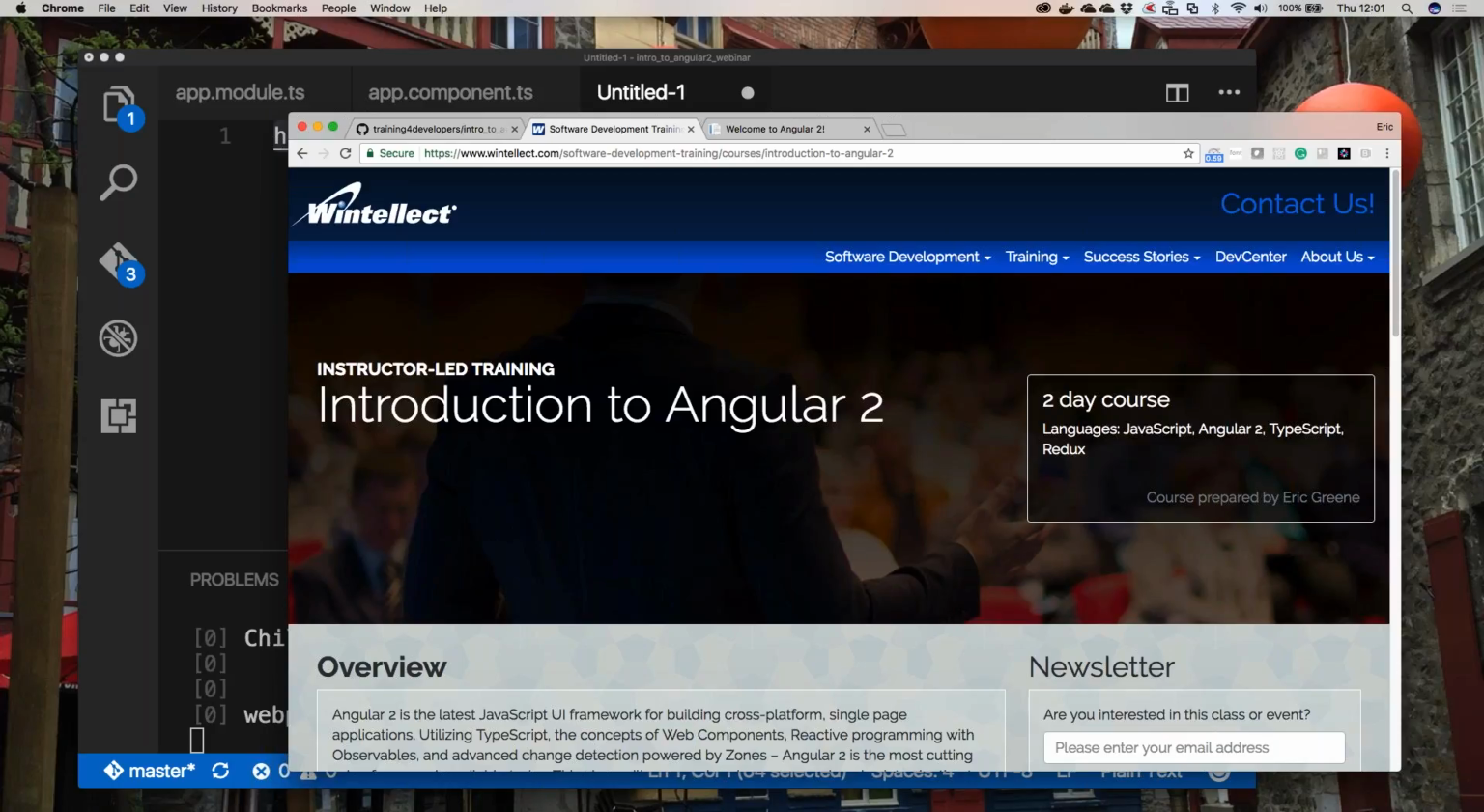All right, let's see here. CSS frameworks. Okay, so